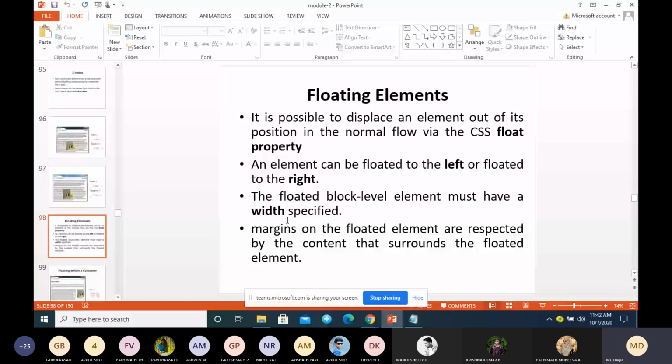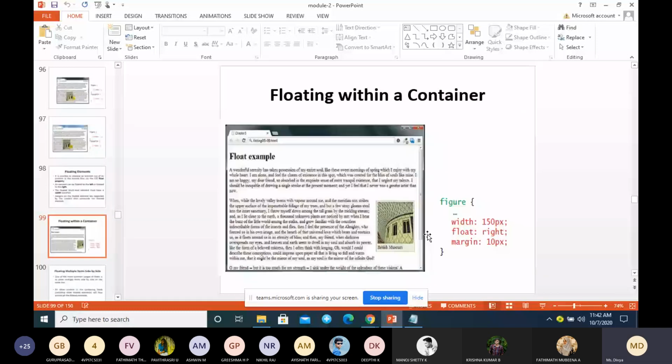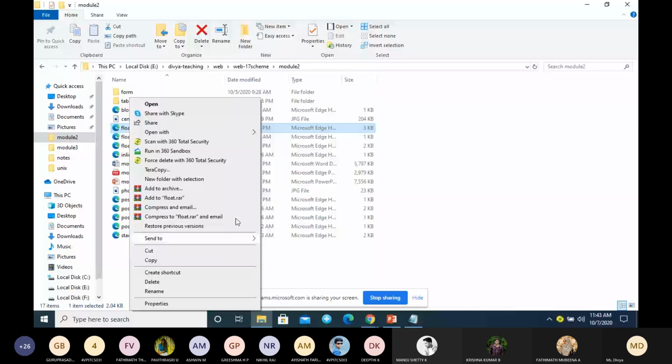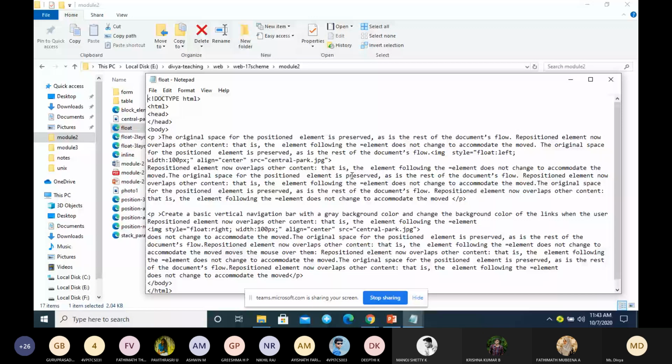So you can see here, this is an example. This is a lengthy paragraph. Here, what all are we having? We are having a paragraph. You can see an image here.